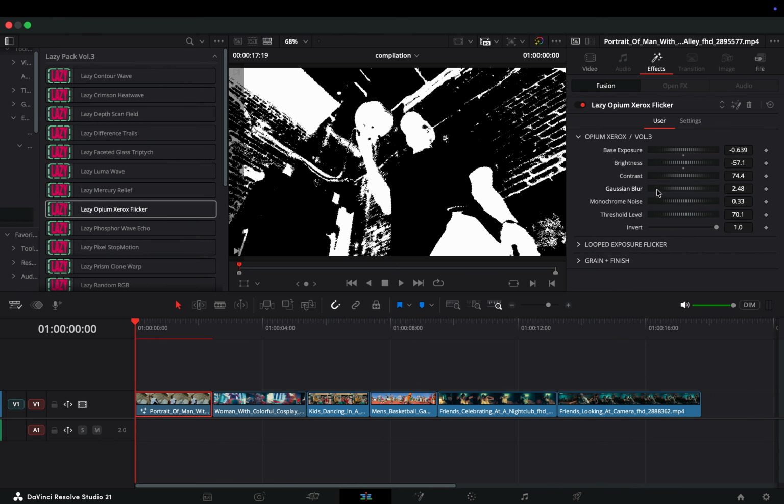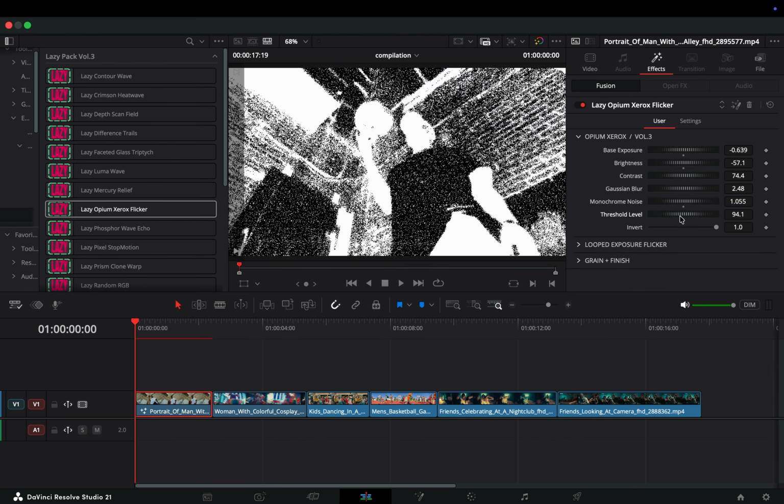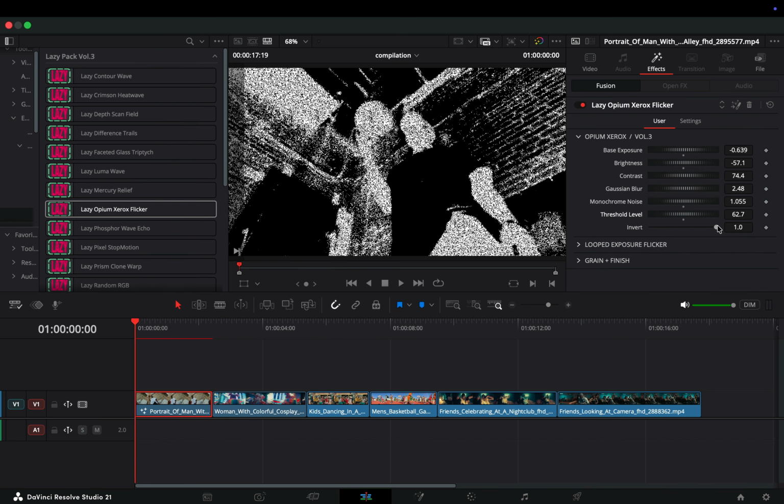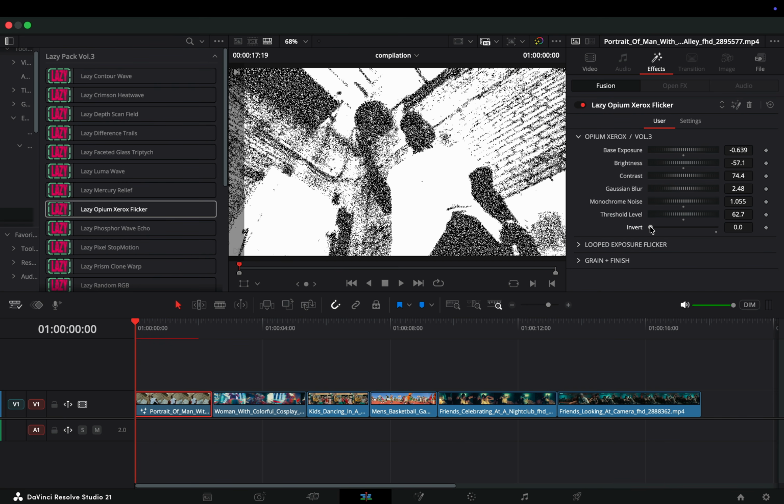First, you have the basic controls: base exposure, brightness and contrast. With the blur slider, you control the details of the image. Noise and threshold sliders to control the noise pattern. As a default, this effect is using the image inverted, but if you want to change it, you have the